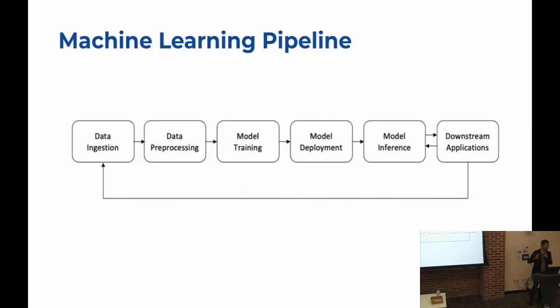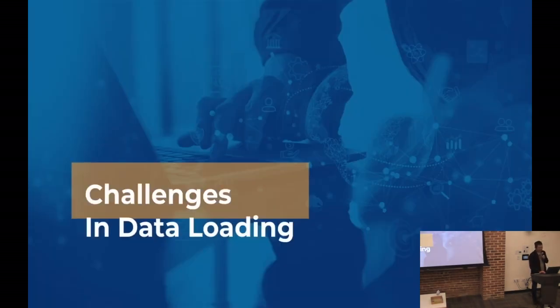So here's just some more background. I will spend more time on the background in today's session because I really want us to be on the same page and know the same pain points in the industry. Here's the machine learning pipeline. You can see they have several stages, from data ingestion, to data preprocessing, to model training. For each step, they may have their own needs, requirements, data access patterns, and files they need. They're probably very different. And as I mentioned, they have multiple data access patterns.